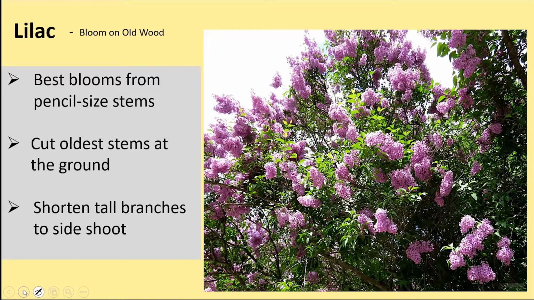Lilacs are really enjoyable if we can see the flowers and smell them. However, a lot of the old lilacs have grown so big and tall and congested that the flowers are simply out of reach. So the first thing we want to do, if you have a lilac that is too tall